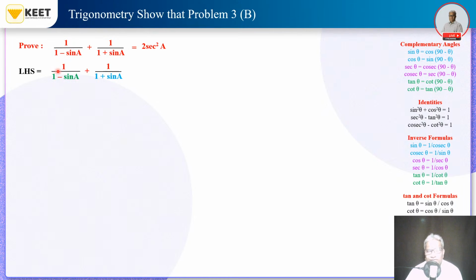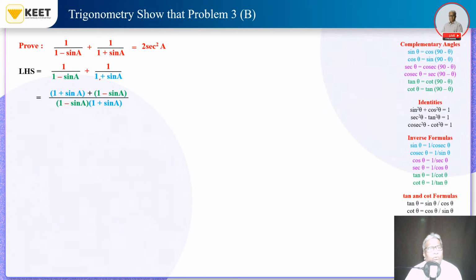Now as we have done in the previous problem, whenever there are fractions, one of the ways is going for cross multiplication. So that cross multiplication we will show you also. So this denominator 1 plus sin A will get multiplied with this 1. Then this denominator 1 minus sin A will get multiplied with this 1, and then this 1 minus sin A and 1 plus sin A will also get multiplied. So that step will be